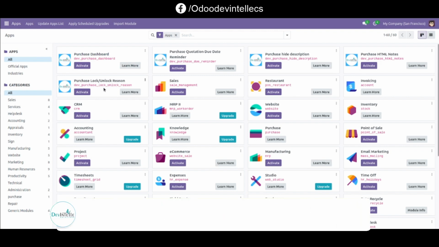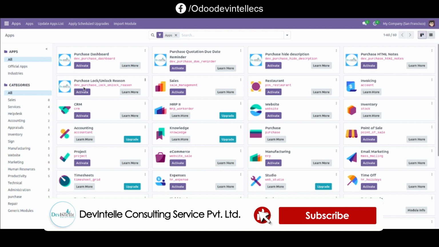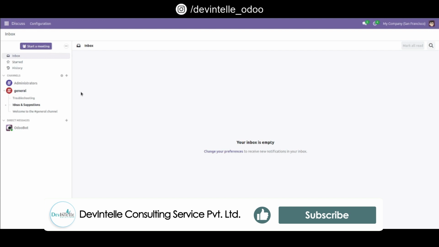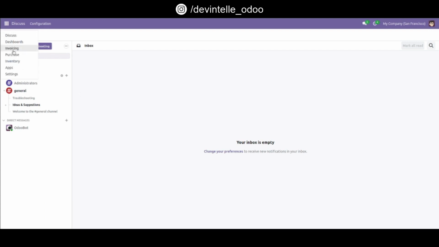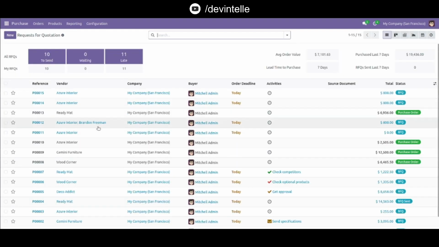You can see here our module Dev Purchase Lock Unlock Reason. First install this module, so click on this activate button. Now our module is installable. Go to purchase. Go to any orders